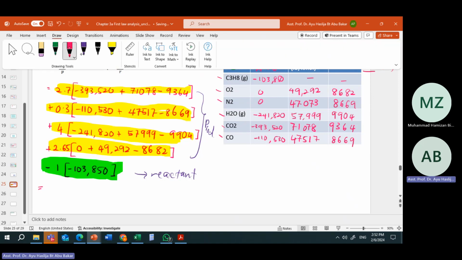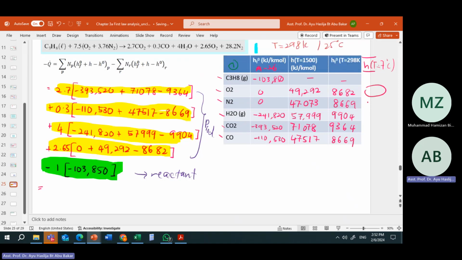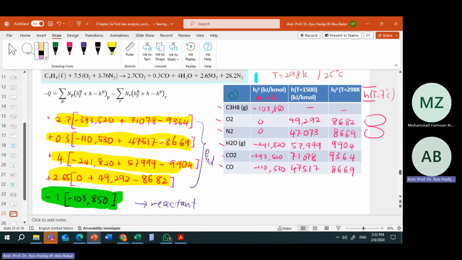Value ni kalau dalam equation, equation yang HF plus H minus H. Lepas tu yang H baru tadi yang kita tolak juga lah, untuk reactant. So kalau ni let's say okay, saya padam ni. Let's say sini ada at 7 degrees C, so sini akan ada lagi minus